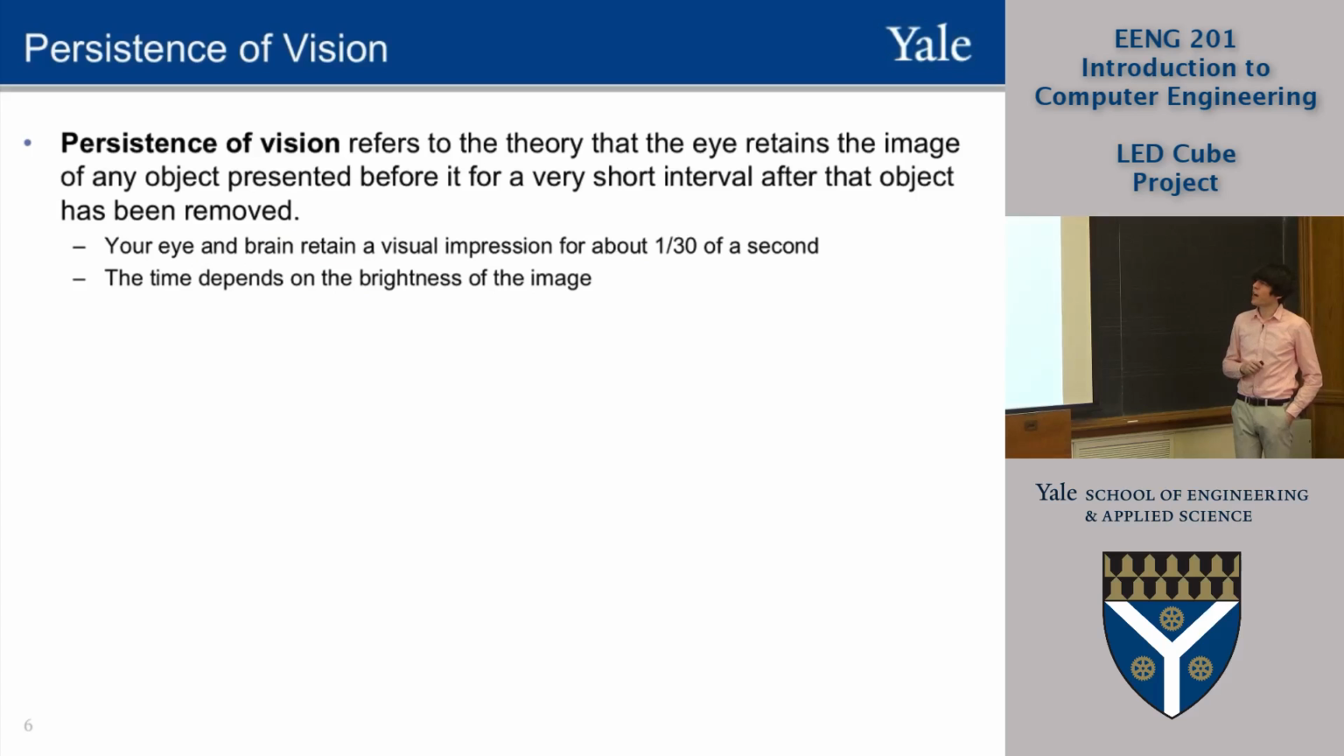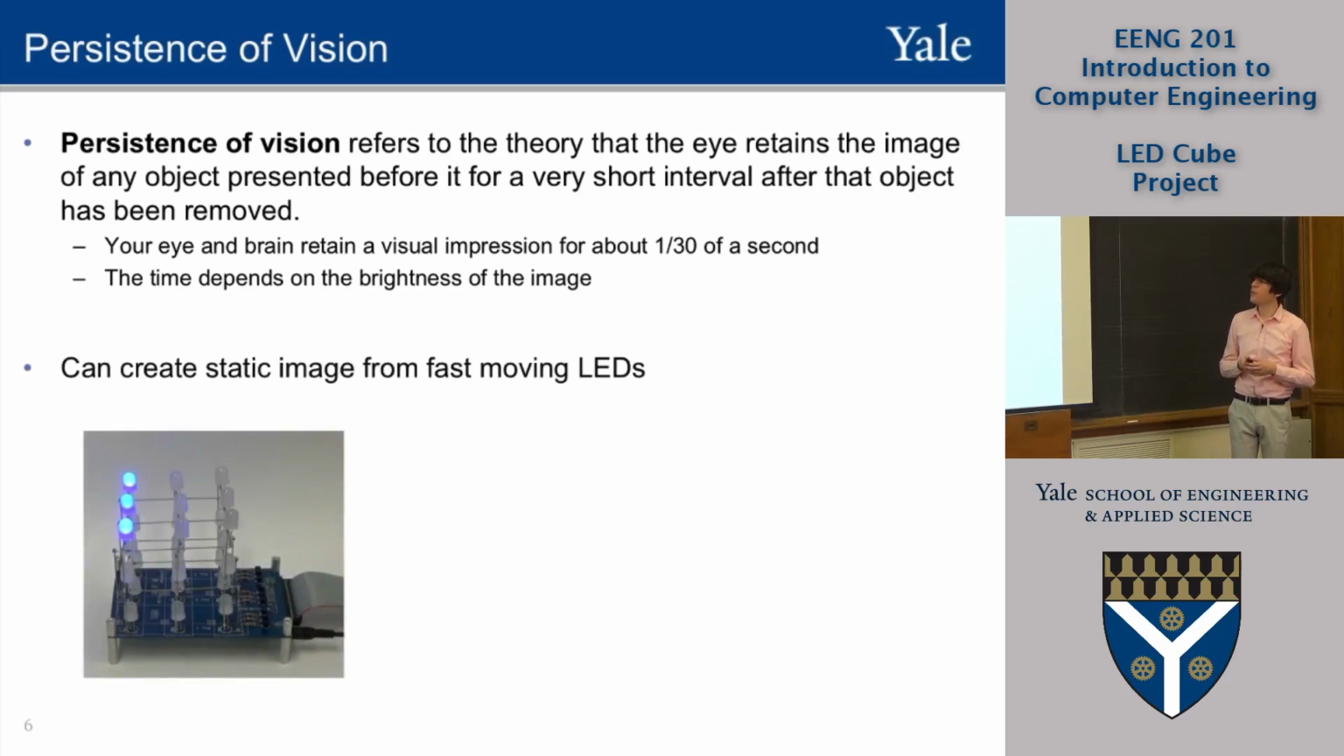and then write code for the FPGA to control the cube. But just to make things a bit interesting, first I want to talk about persistence of vision, which is basically a theory that the eye retains the image of any object presented to it for a very brief period of time. So let's say if you flicker LEDs on and off very quickly, then they'll appear as if they're statically on. And to give you an example from the LED cube, here we have